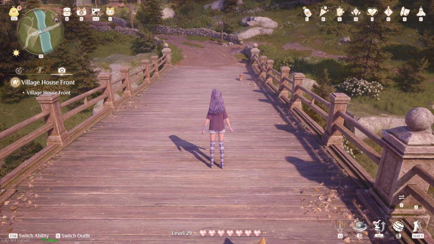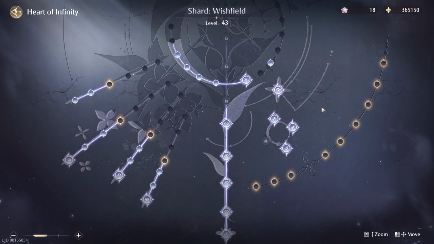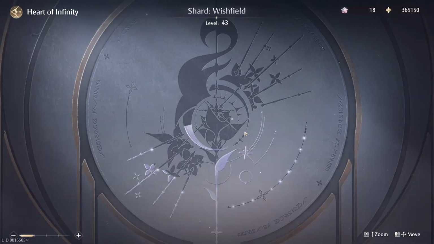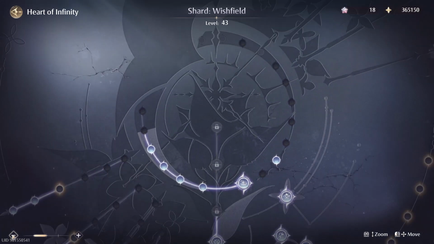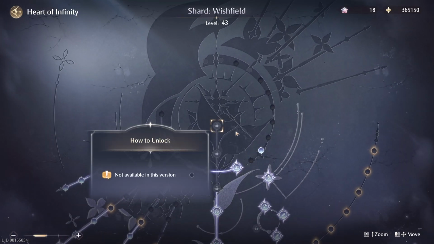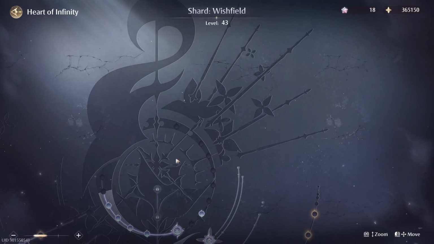Alright, next button is I, which is the Whim Star, or Heart of Infinity. So I just did the mouse wheel thing, so you can zoom in and out with that, or you can also do it right here. I don't know why you would want to do this. Take a screenshot maybe. So we're gonna go over each little note later on, but this is essentially what